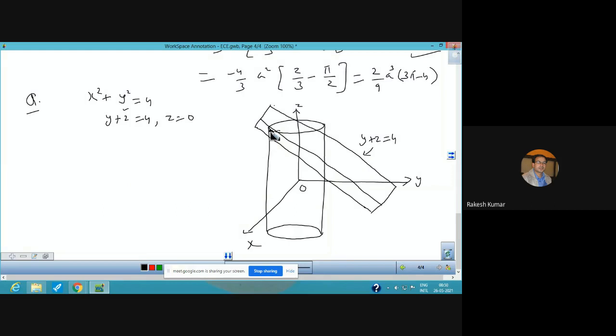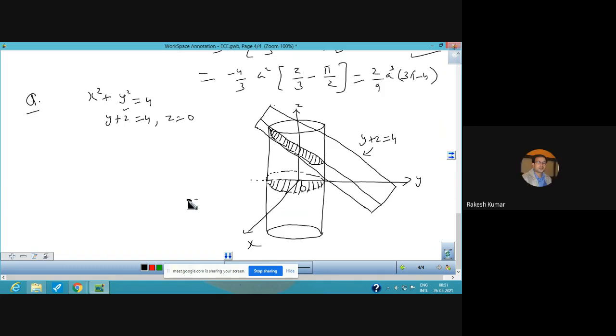So it means we have a portion here. Now, this is the portion which is cut by the plane. This portion is cut by the plane of the cylinder, and similarly, this is the semicircular piece or center of the cylinder, and this portion is lying on this side also.